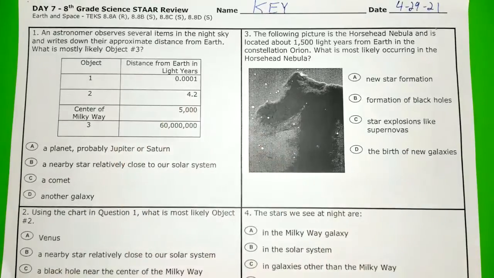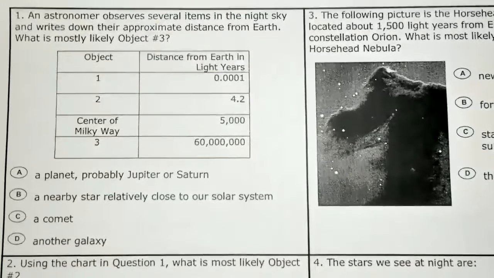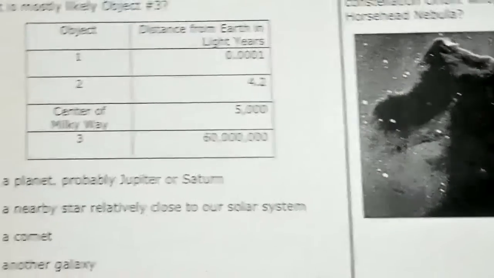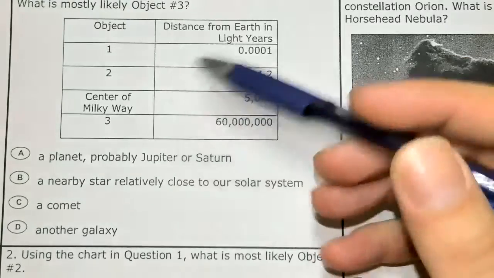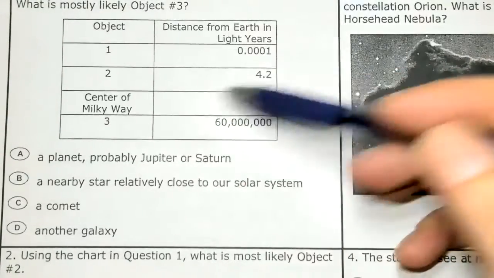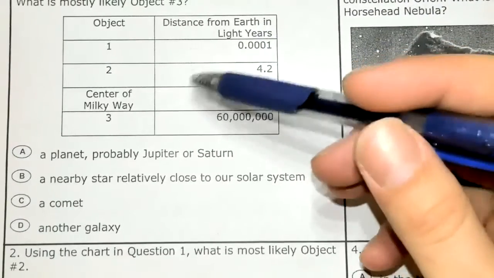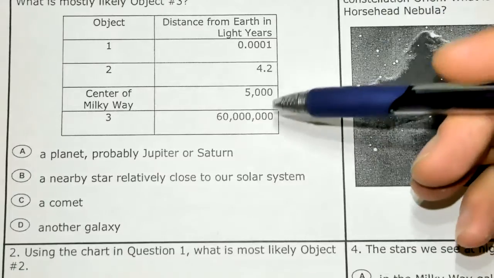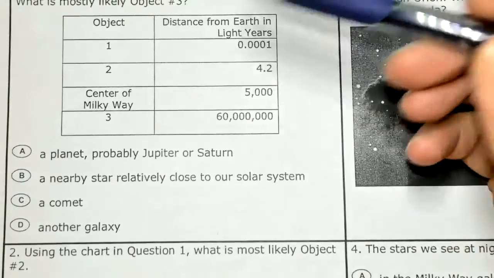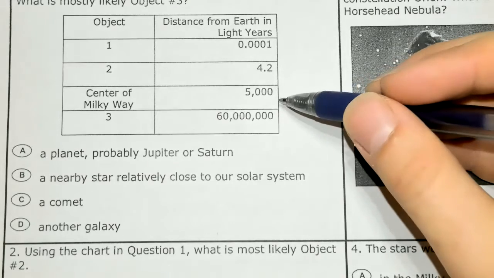So number one, right off the bat, guys, we have a chart here. So let's go ahead and break that down. Now we have 4 objects here, okay? They already gave us one, the center of the Milky Way galaxy. And remember, the center of the Milky Way galaxy is not our sun, guys, the most common confusion. That's the center of our solar system, all right? Remember, we're just one of the arms of our Milky Way spiral galaxy, so we're not even in the center, okay? So the center of our Milky Way galaxy, they're telling us is 5,000 light years from Earth,